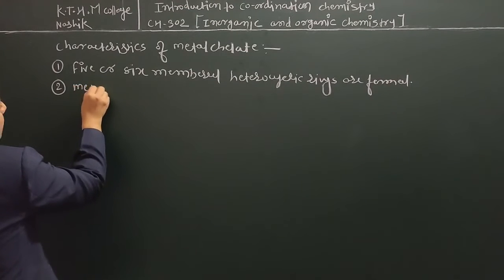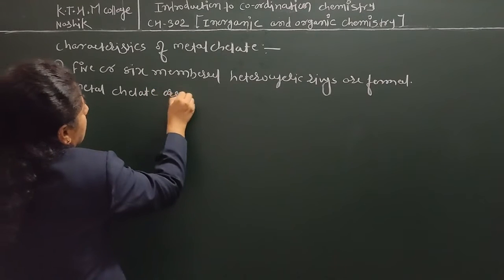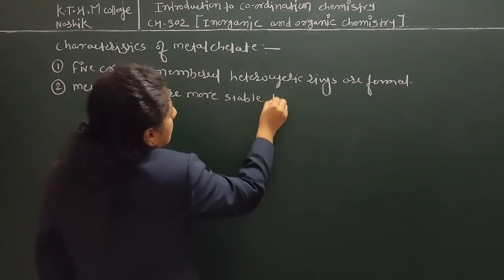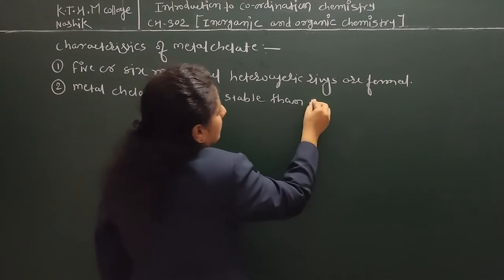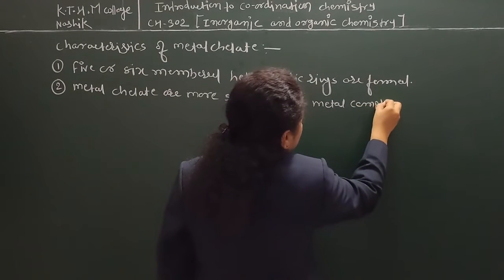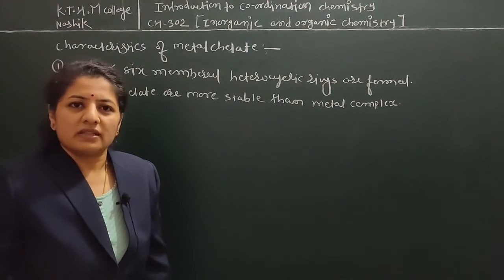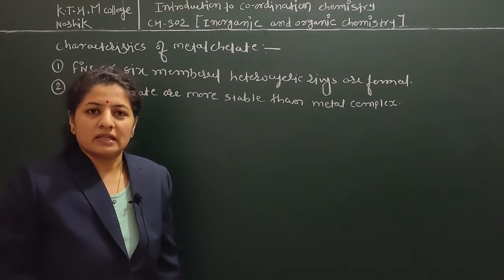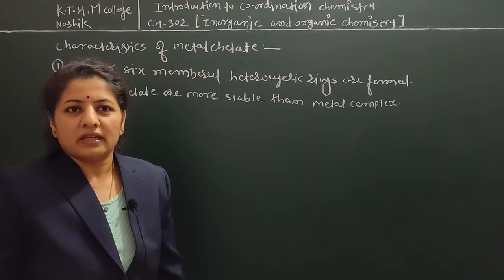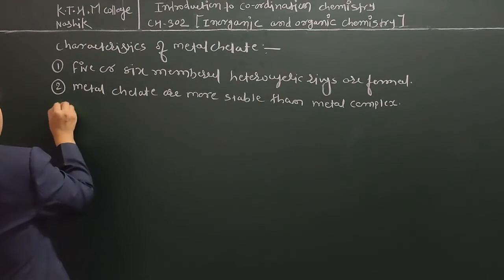Metal chelates are more stable than the metal complex. Metal chelates are more stable than metal complex because due to chelation, the entropy of the complex increases, so the stability increases. Now the third point,